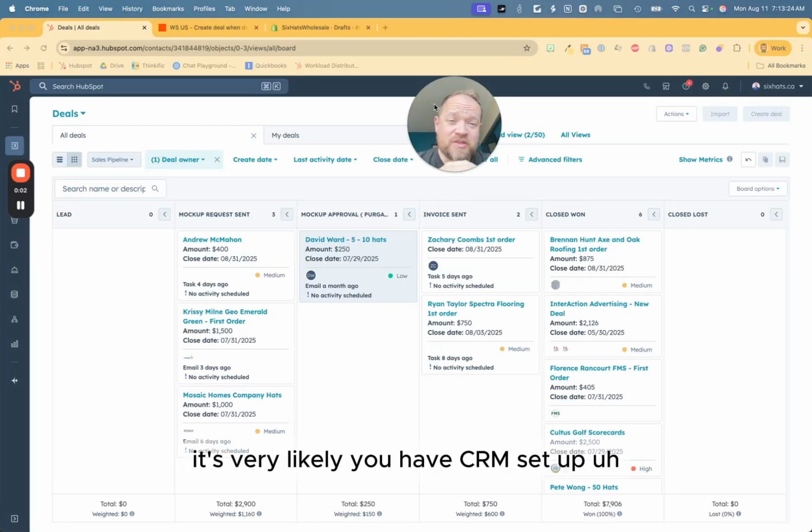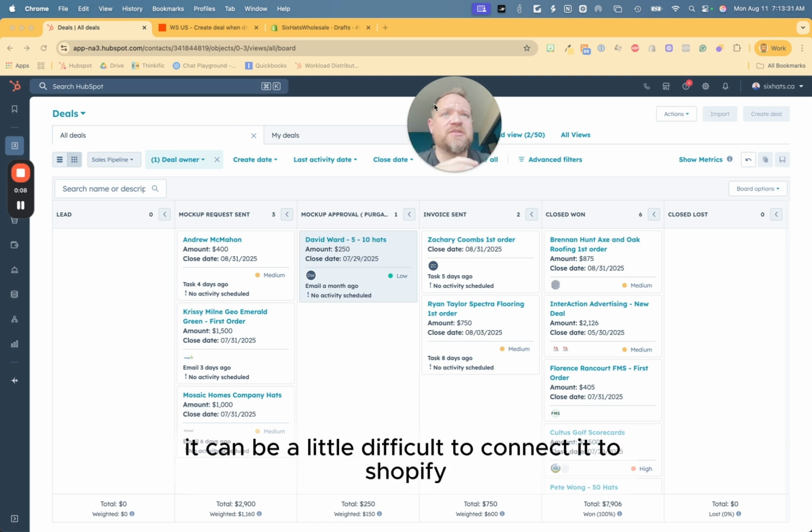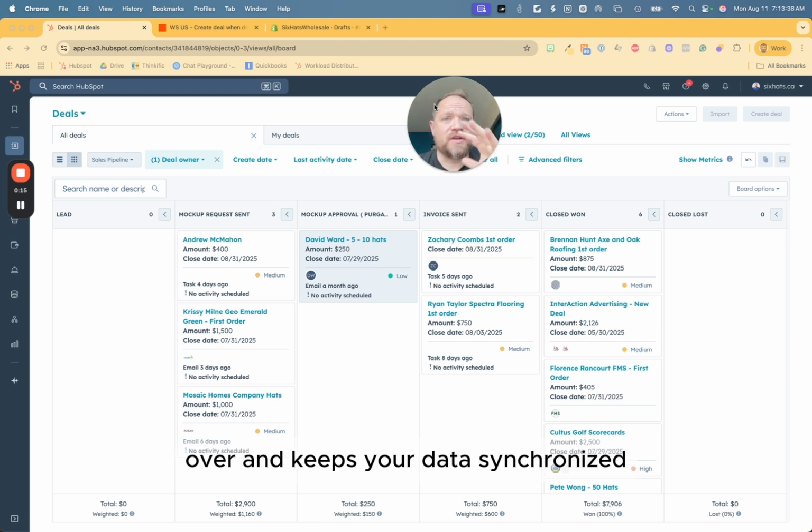So if you're selling B2B, it's very likely you have a CRM set up. We recommend HubSpot, very powerful software. Sometimes it can be a little difficult to connect it to Shopify. There is a connector that you can install and it just pulls all your customers over and keeps your data